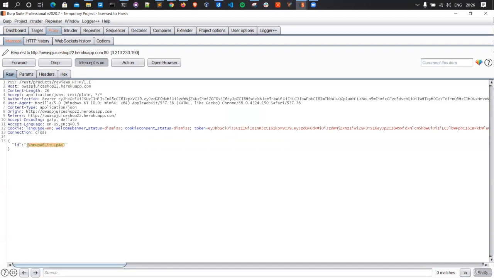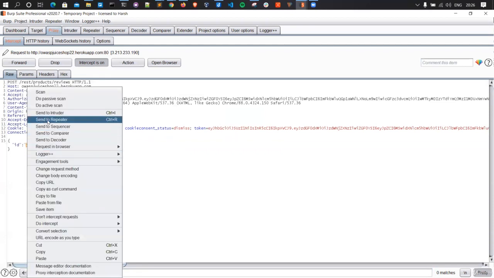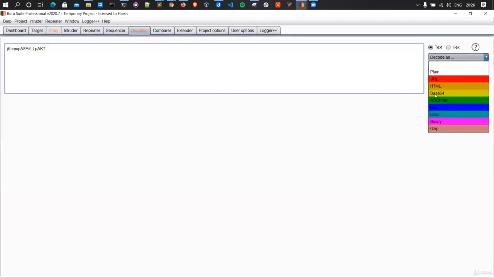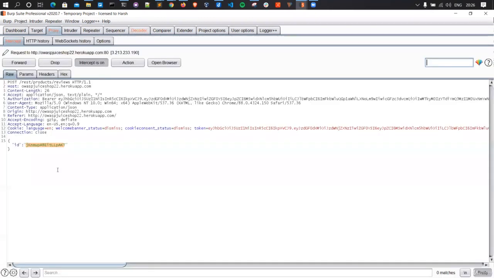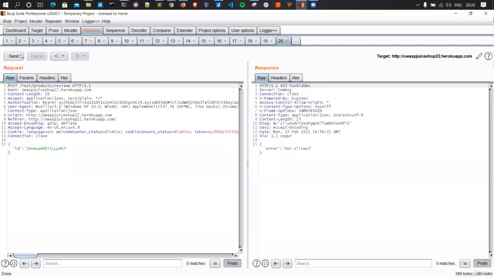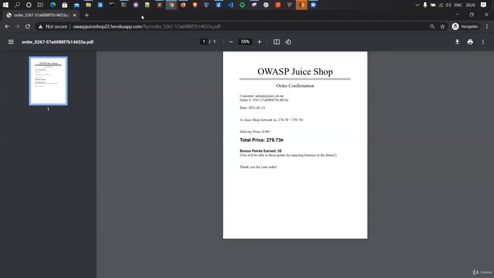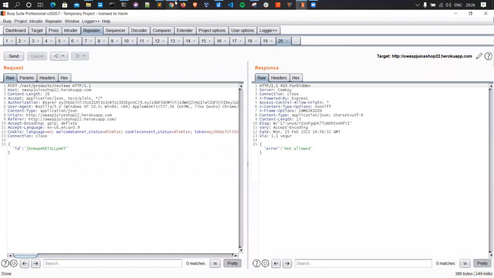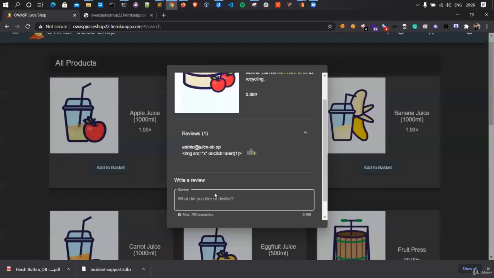This is ID. Let's see if this can be decoded into base 64 or something. Let's send it to decoder. Decode as base 64, but no use. Send it to the repeater and not allowed. Seems like there might be a race condition issue, but not at the moment. We cannot exploit it one by one, but we can surely check this issue for the race condition if we